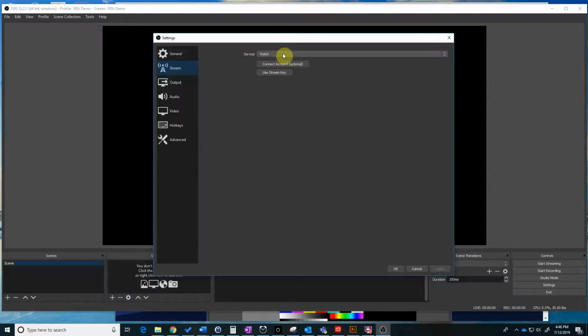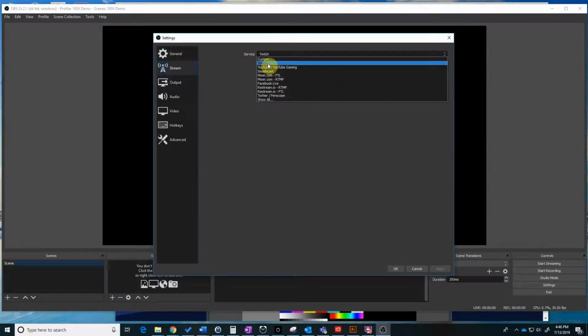You have different services, so they'll allow you to stream to Twitch, to YouTube, Smashcast, Mixer. Smashcast, Mixer, and Restream are streaming services. And if you're not familiar with them, you can look them up. They'll allow you to stream to different sources. If you had, for instance, YouTube and Twitter or things like that, you can set up different things. And also, if you have some kind of website, you can stream to that website as well at